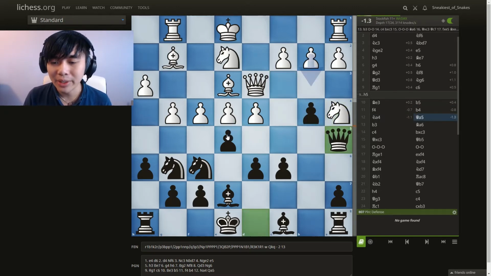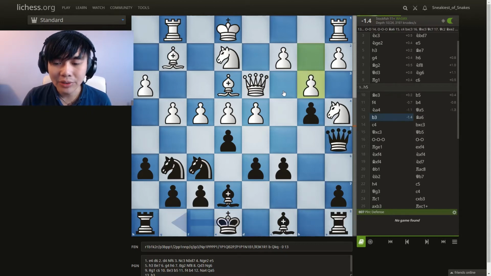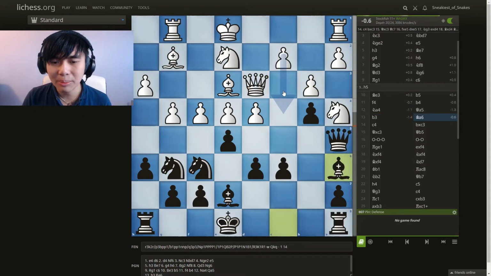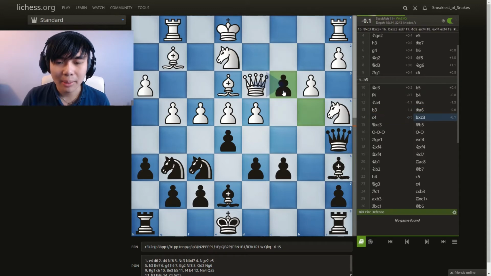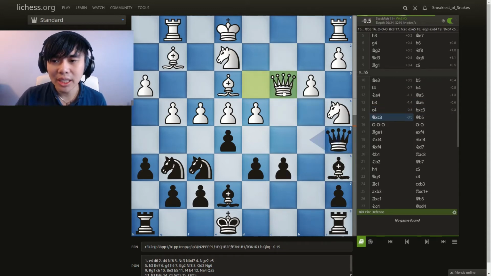Knight e4 and queen a5, basically going for these tactical ideas. So after this, b3, bishop a6, and all these moves are very simple. They're just gaining tempo and captures. And in this position, it actually recommends queen to c7, queen to b5, and queen takes c3 check.